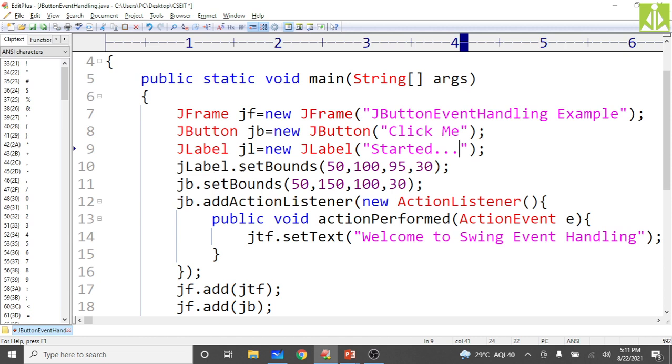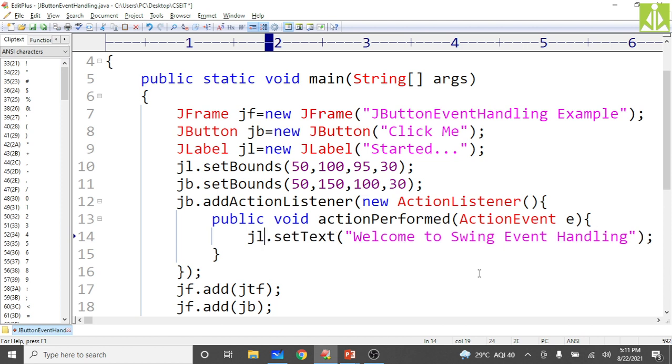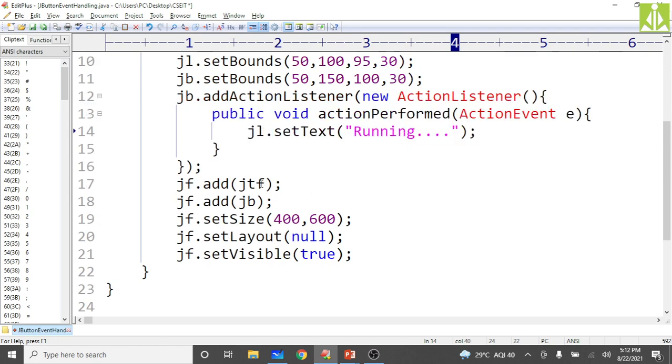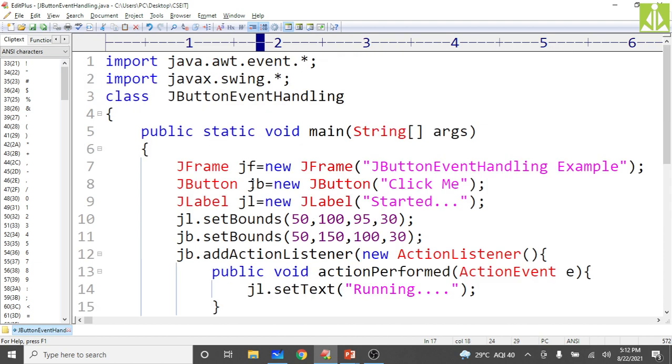So here jl dot set bounds, we are setting the position. Then for the button also we are setting the position, action performed. And here jl dot set text of running, make it as running. And when you are adding here, not jtf, jl, the jlabel, save it.